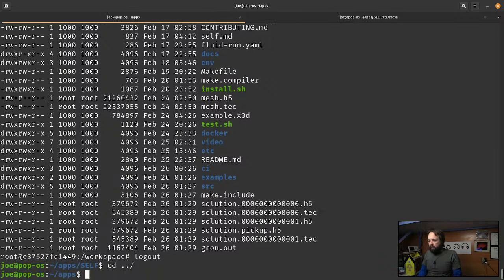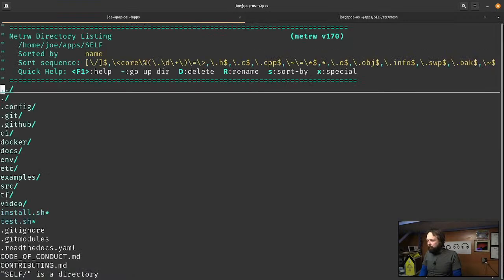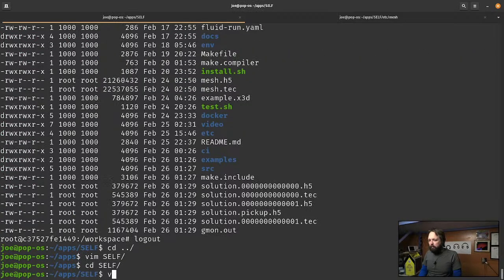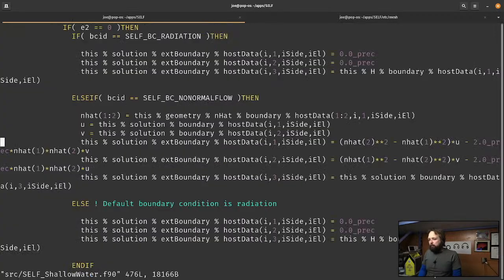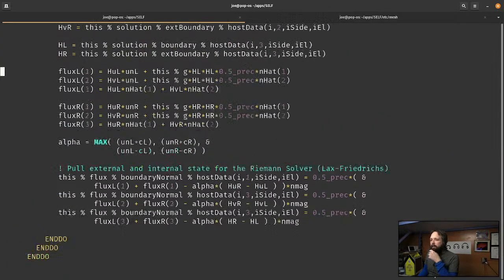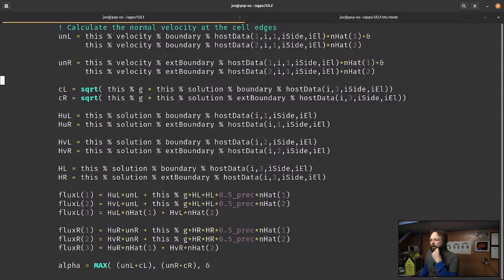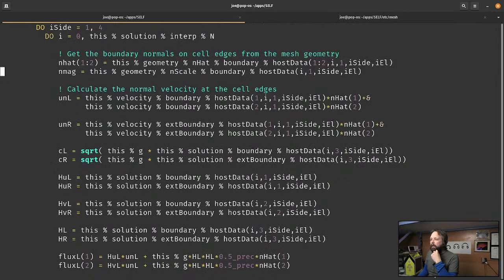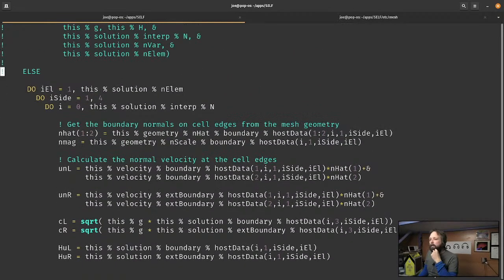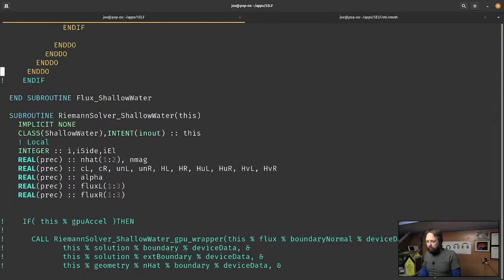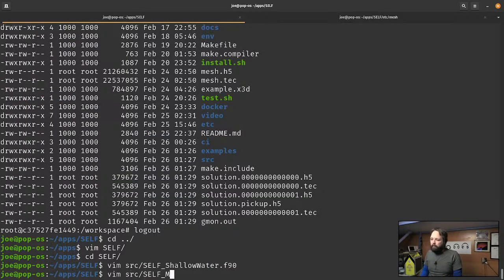Let's take one more look at that Riemann solver just to make sure. But if this is looking bad, then I will, oops, stop here. Okay, so all right, Riemann solver, HUH, HV, HL, those look fine. Oh, I think I know what the problem is. Maybe I need to actually do a side exchange for that velocity, but I didn't do that in the PreTendency. So what I'm thinking is